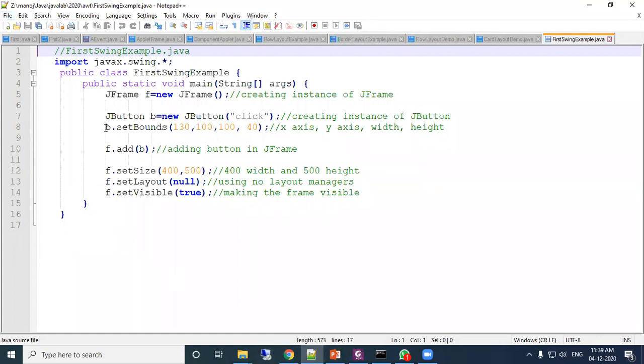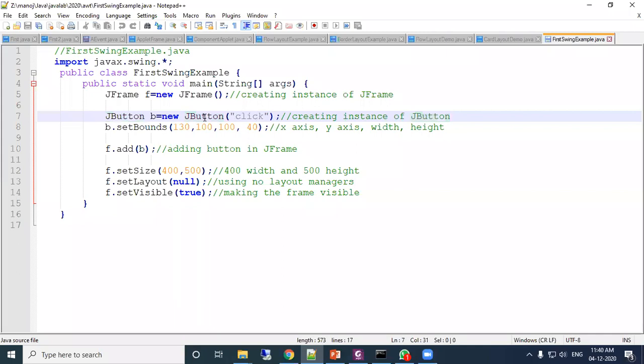Here in this Swing program, as I told you, you have to import javax.swing.*. Then JFrame is created. In the AWT we created Frame; here it is JFrame, with similar syntax: JFrame f = new JFrame. Frame is created. JButton, in the AWT that is Button, here JButton, is created.